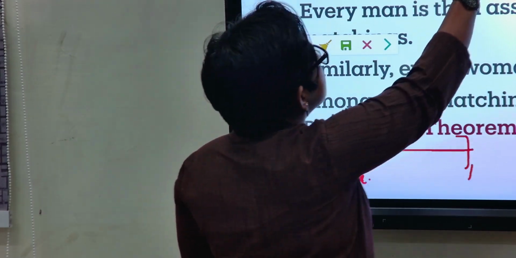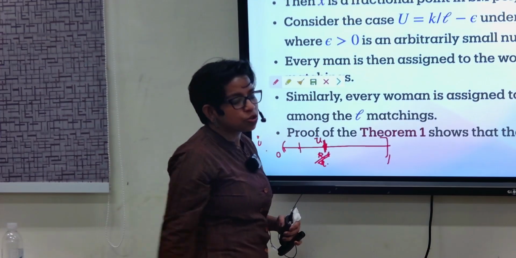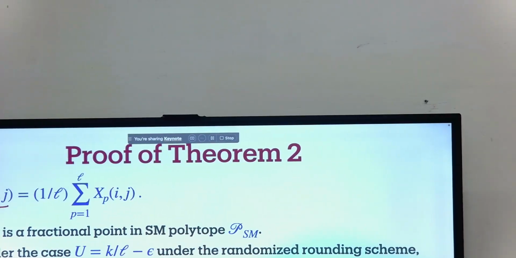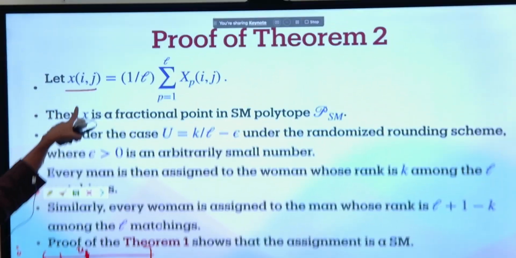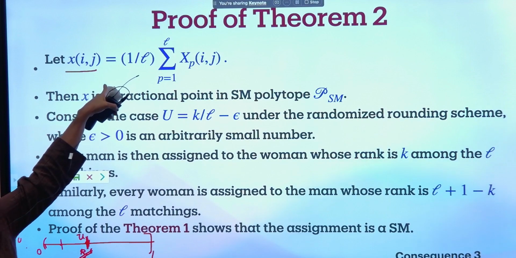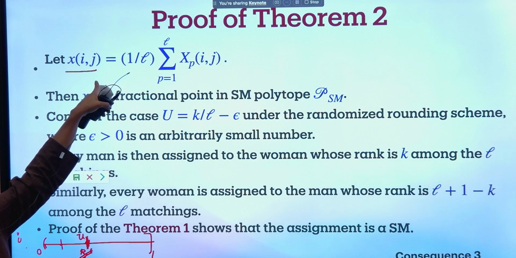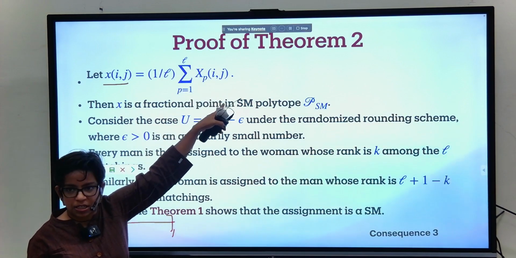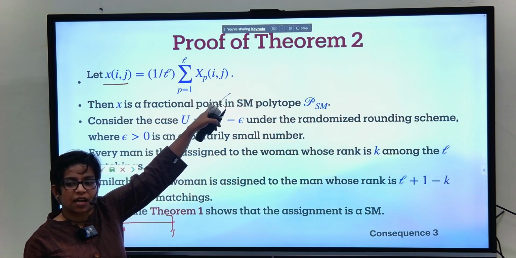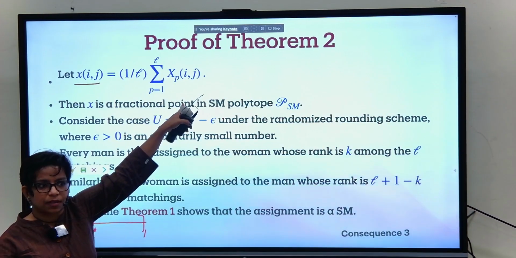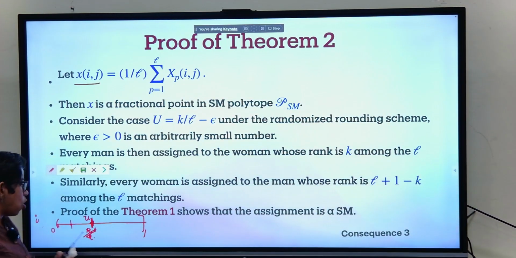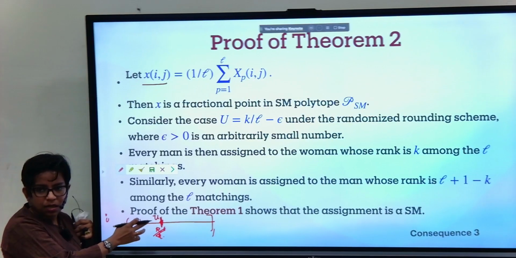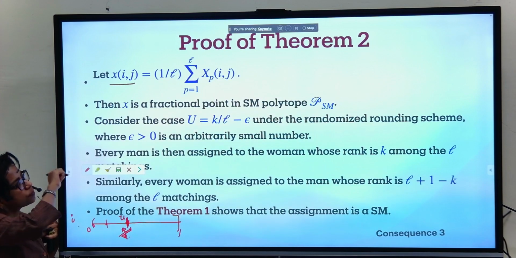Okay, so notice something here. x_ij is no longer the fractional quantity of how much I am matching j. This is heavily biased towards people who get matched to i in multiple matchings. This is why this is x^p_ij. This summation basically counts the number of matchings in which j and i are partnered together, right? So all these people, 1 to k people, the first,